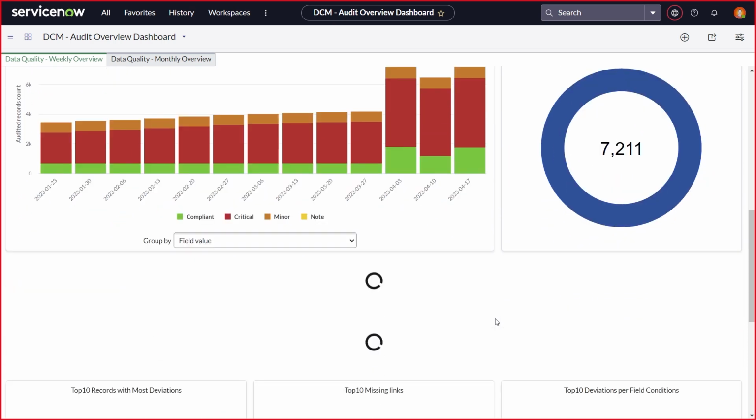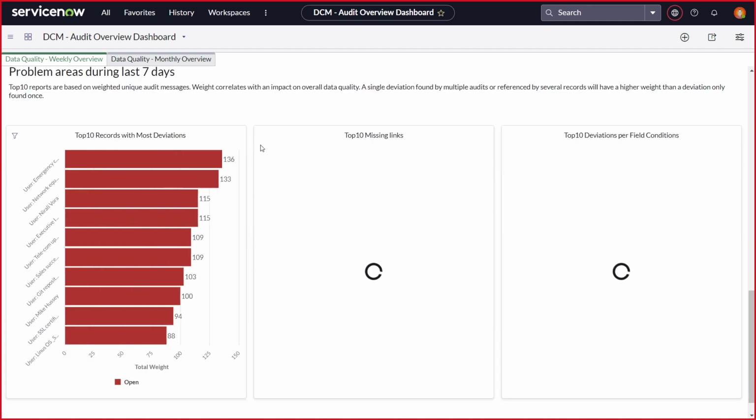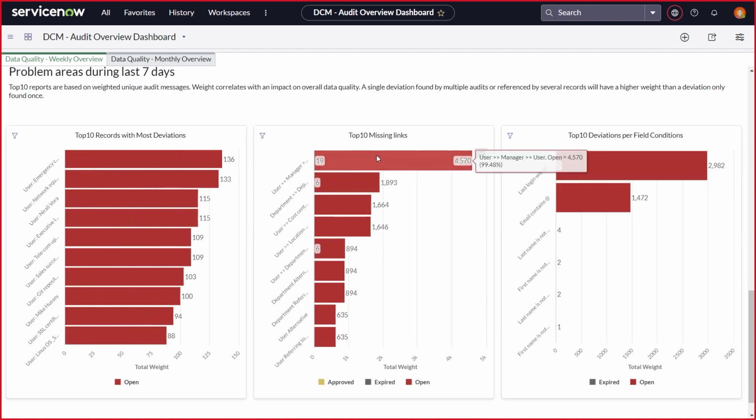And then if we scroll down, we see some of the problem areas related to user data. So this missing manager seems to be the biggest issue. And again, related to the approval workflows would be a big issue. So all these more detailed reports are also based on the blueprint. So you just create the blueprint. And if in the blueprint we check for the department head, then you get this kind of reports if the department head is missing.